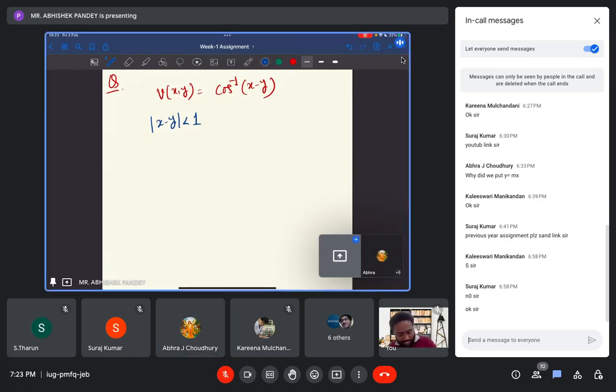Yeah, less than or equal to 1. So in this case, if you see, this will be greater than or equal to... anyhow, this will not be open. Okay, like